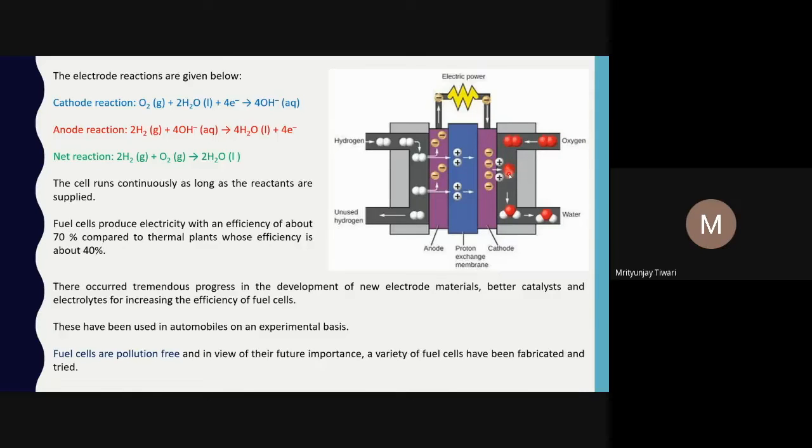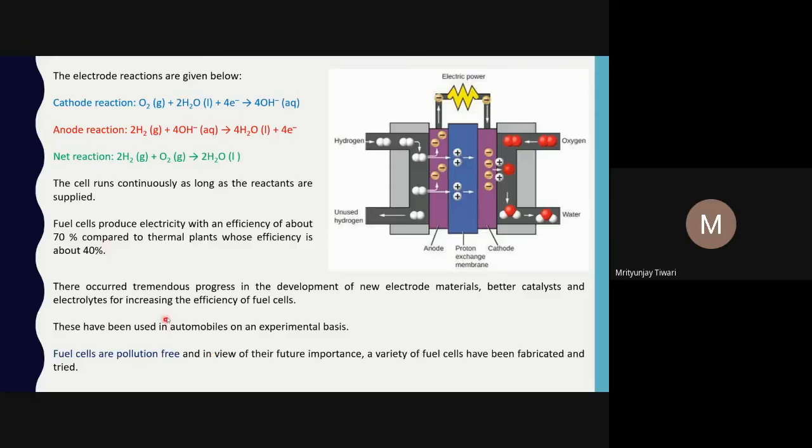These oxygen atoms will react with the two hydrogen atoms, which were produced because hydrogen is oxidized into the form of proton and electron. The electron is used, the movement of electrons, for the production of electricity or for running devices, and this proton will move through this proton exchange membrane and reach this side. The proton and electron will react to form a hydrogen atom, which will react with the oxygen atom to produce water molecules,